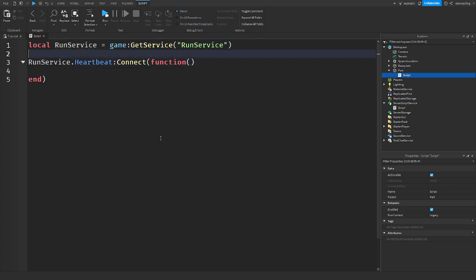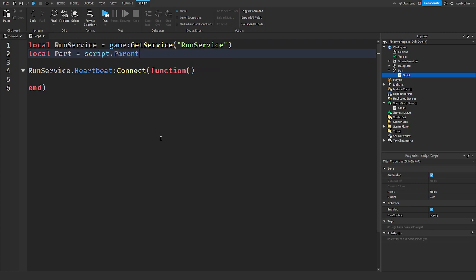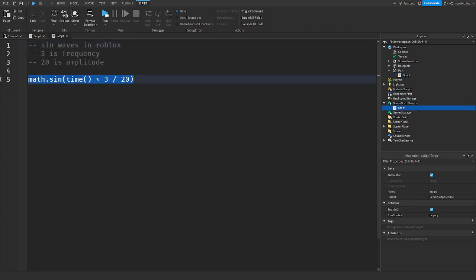Sorry, I'm going to get the variable up here. And now from here, guys, what you're going to put in here is, I'm going to grab this